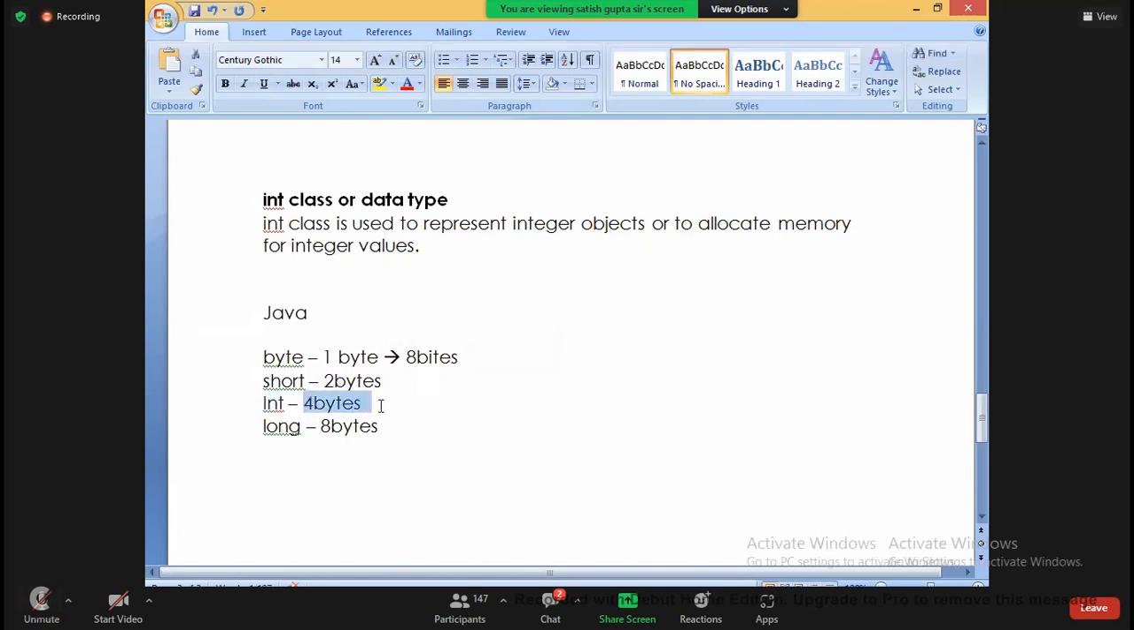Int will take how many bytes? 4 bytes. If it is more than 4 bytes, then I should go for long. That is when you are working with which one? Java, right? So Java has different integer data types, because each integer data type has what? Size. Okay, but when it comes to Python,